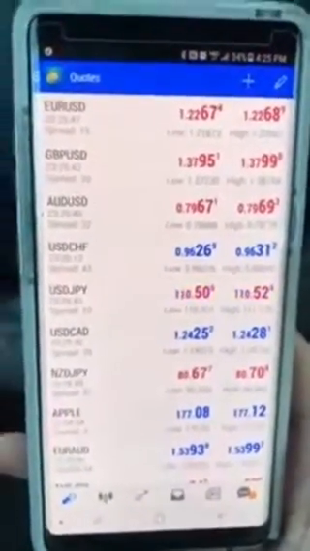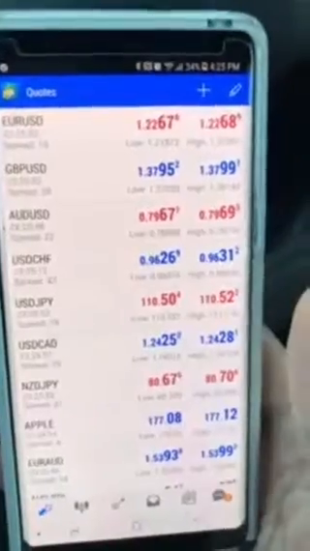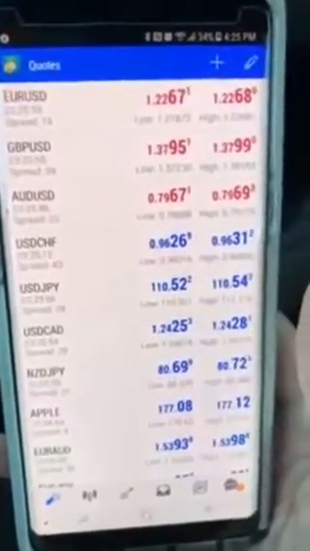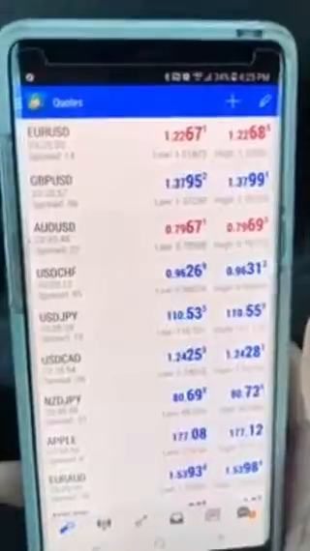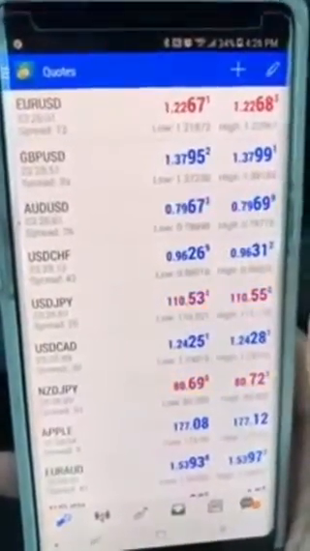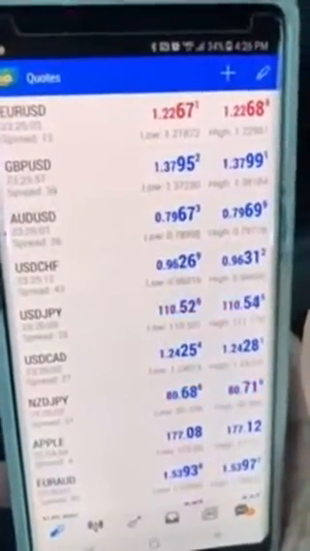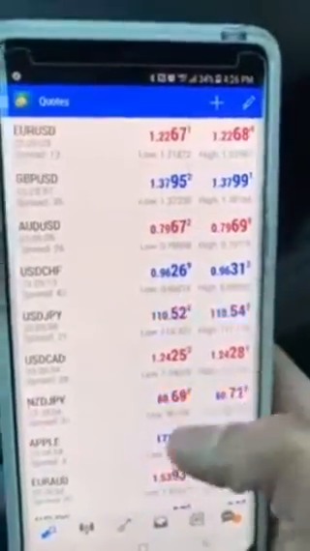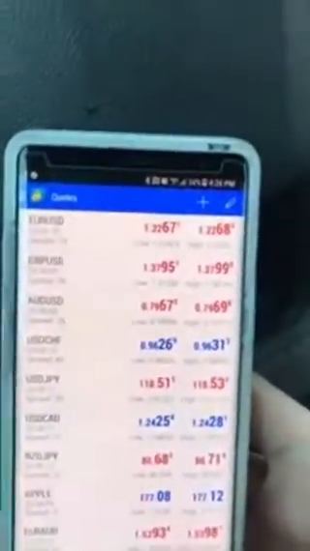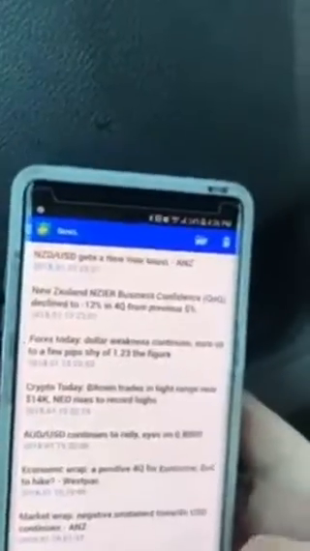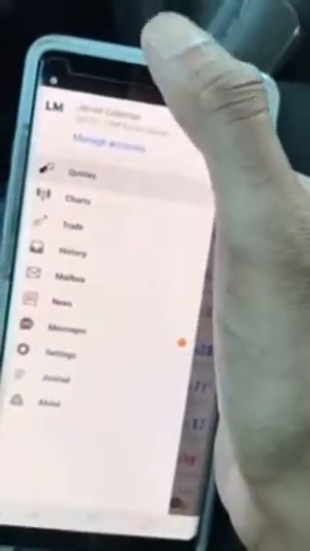Okay, what's up guys? So I have a video showing you how to use the MetaTrader 4 mobile app on your iPhone. Now I'm going to be showing you how to use it on your Android device and in a little bit more detail. So first of all, when you open your MetaTrader 4 app on the Android device, you're going to want to hit, even I get confused sometimes because I trade on iPhone and Android and it is different. You want to hit that tab up at the top,